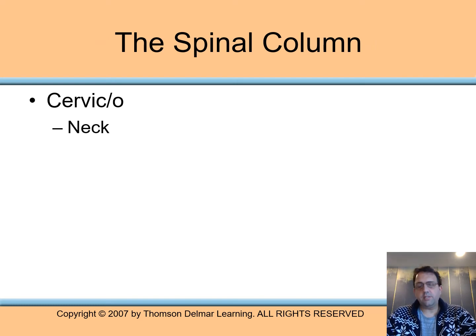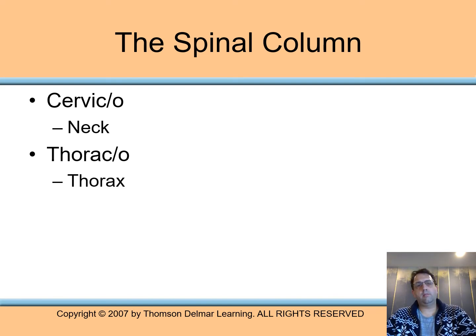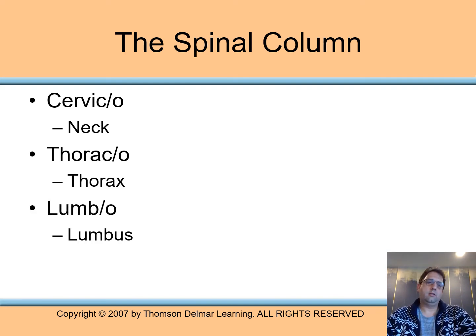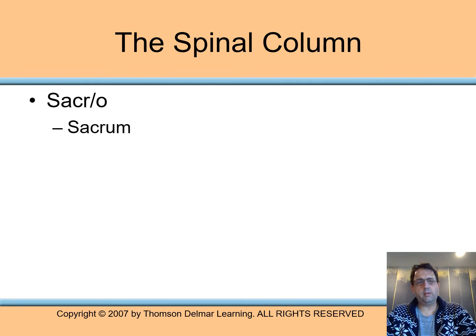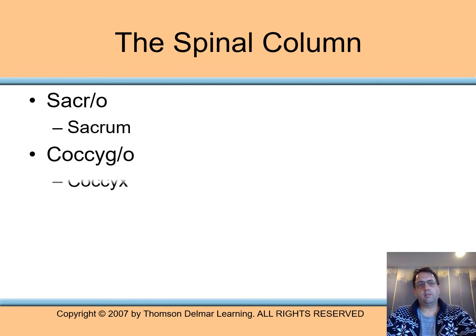The cervical region of the spine is the neck. Thoracic is the mid-back or thorax, and lumbo is the lower back or lumbar region. So we use the abbreviation cervicothoracic to discuss them. At the very base of the spine, you have what's called the sacrum, this triangular shaped bone in which the rest of the spine sits, but also it is wedged in between the two pelvic bones. And then at the very bottom, you have the coccyx, which is the tailbone, and the word we use to talk about that is